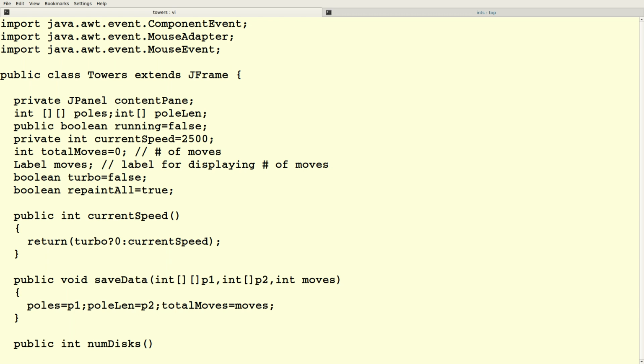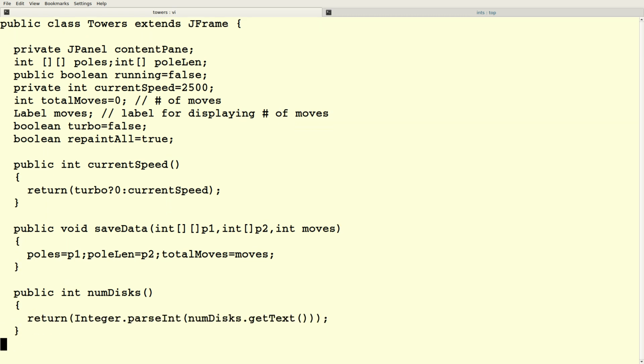Just niddly little things where you have to figure out if this is the third disk in size, how big is it? And so if the pole is sitting at this X location, where does the disk begin and end in terms of X coordinates? And stuff like that, and I'm not going to worry about that. I got in a mood and wrote it once, and it works, but it's not topical to threading.